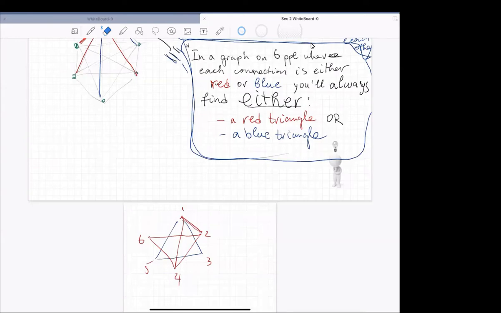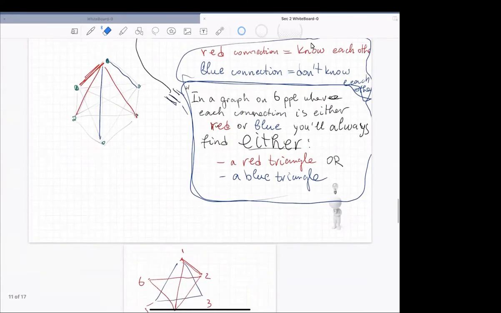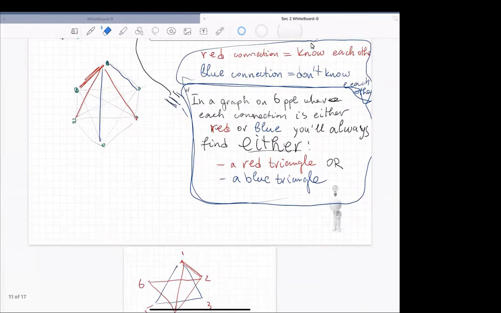The mind is a strange device. We look for patterns. It's important now to also employ logic so that we don't look for those patterns that we know exist already. Unless we want to contemplate those patterns, there would be another legitimate reason to think of them. But for now, we want to prove that no matter how we configure, how we color these gray edges here, no matter how they're colored, there will always be a red triangle and always be a blue triangle. That's what we want to convince another person of. Does that make sense? Yes, it does.